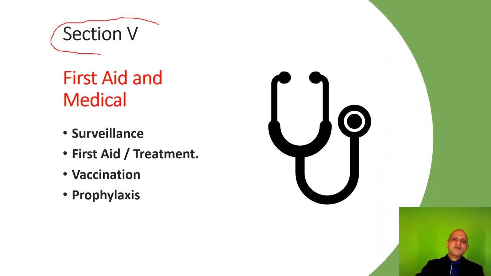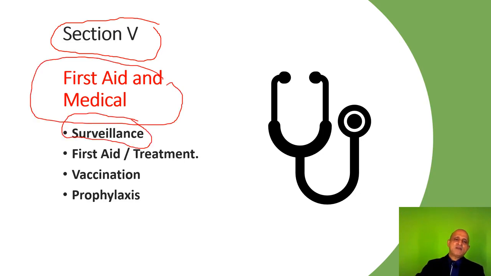Section 5 focuses on first aid and medical treatment. So we focus on surveillance, medical surveillance. This may involve a population study. In your respective countries, you may have a surveillance system, and certain pathogens are classified as notifiable pathogens. So for instance, if a clinic reports a case of cholera in a specific country and it's basically a notifiable disease, the medical health practitioner must notify the local health authority, and this will in turn be transmitted across the network chain.